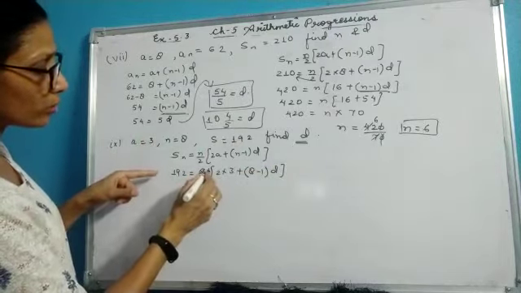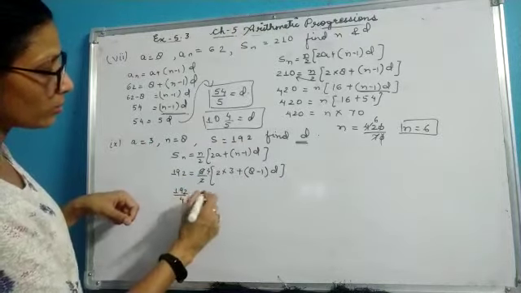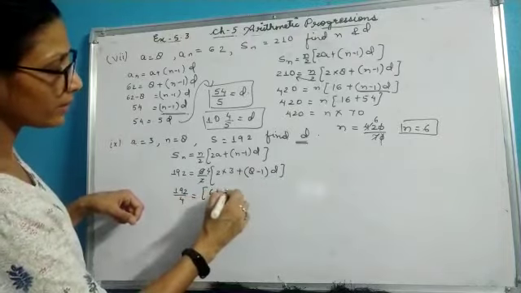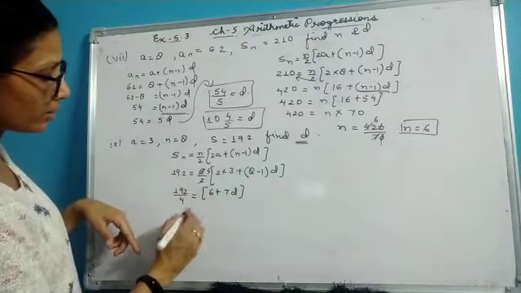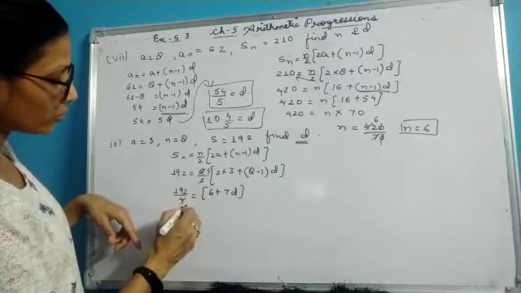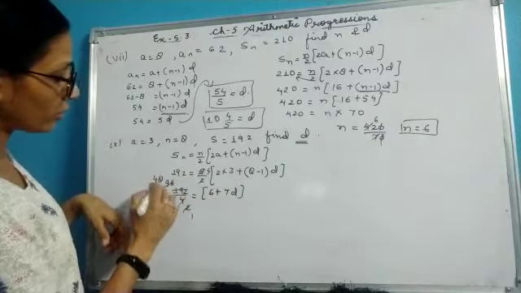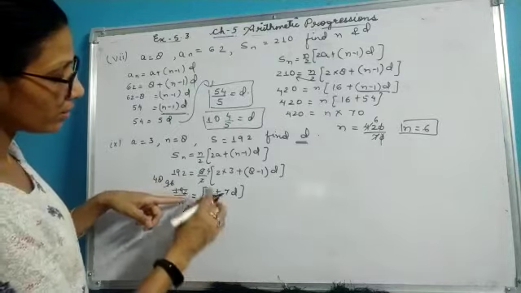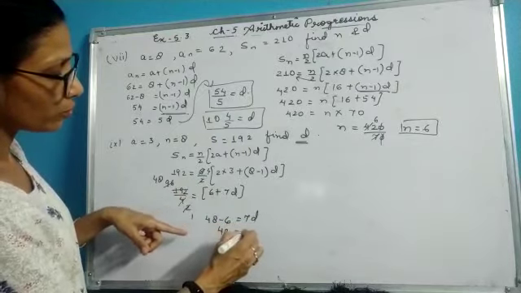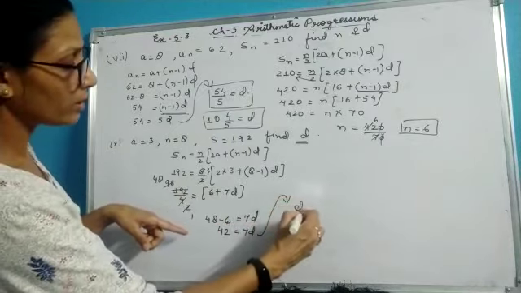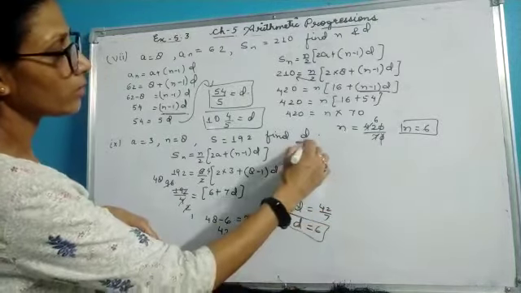2 4s are 8, now this 4 is in multiplication with this term, so I can bring it down. 192 by 4 equals 6 plus 7d. Now I can open the formula because I have simplified. I can take this 6 this side. So let me first cut this. 2 2s are 4, 2 9s are 18, 2 6s are 12, again 2 1s are 2, 2 4s are 8, and 48. So here I will be getting 48 minus 6 equal to 7d. So subtract it, you will be getting 42 equal to 7d, or you can calculate d as 42 by 7, which is d equal to 6. So here I got the value of d.